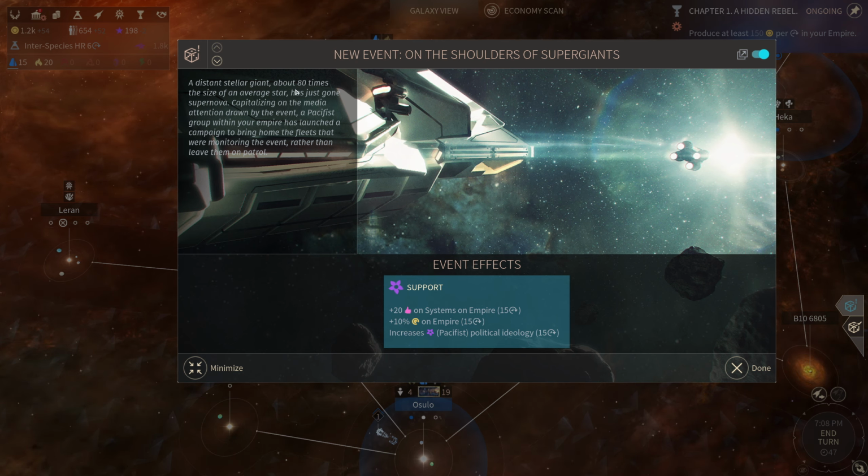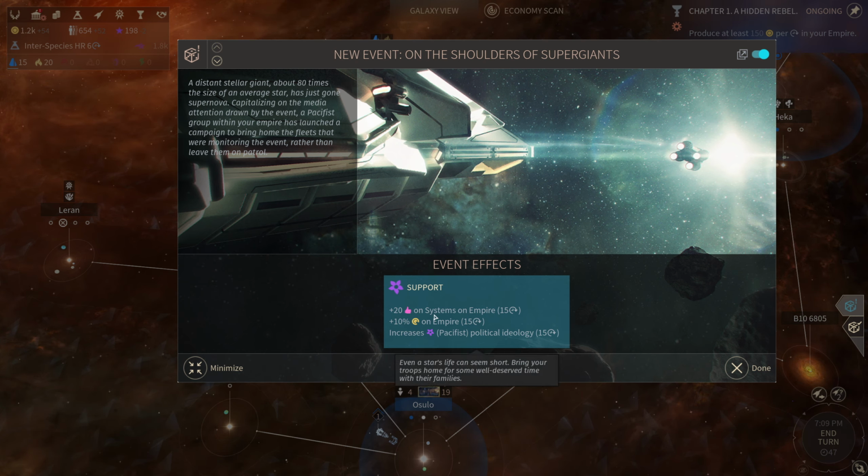Hold on now. It went supernova. It gained a lot of media attention. And the pacifists are saying that we should bring the troops home, basically, as opposed to leaving them on patrol. So is the event done and they would go on patrol elsewhere? If we support it, we gain 20 approval on Empire systems for 15 turns. But dust costs... Oh, we also gain 10% dust on Empire, and it increases the pacifist political ideology. Well, both of these are things that I would want. This is something I don't want, and so from a role-playing perspective...